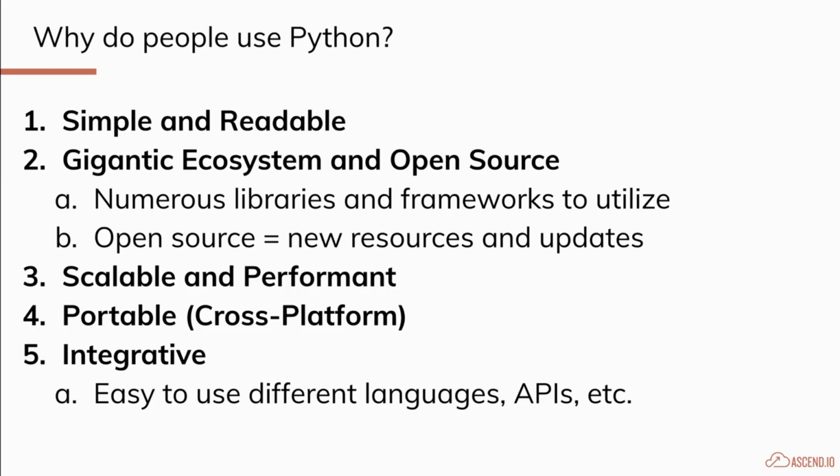But on top of that comes a lot of nice things, right? You have a gigantic ecosystem. It's open source. Things are still being edited today. Many of you are probably on Python 3.11, which is still a far cry from Python 2.0, even though it's only been like 2 years, or 20 years, excuse me, not 2. But since it's been 20 years, we're already on Python 3.11. There's a lot of new things that you can work with.